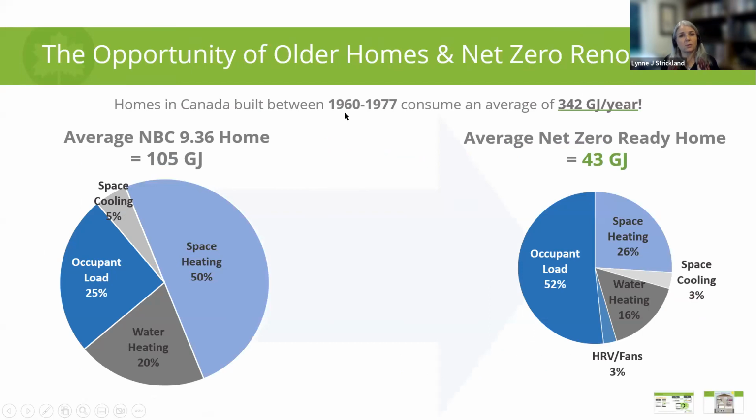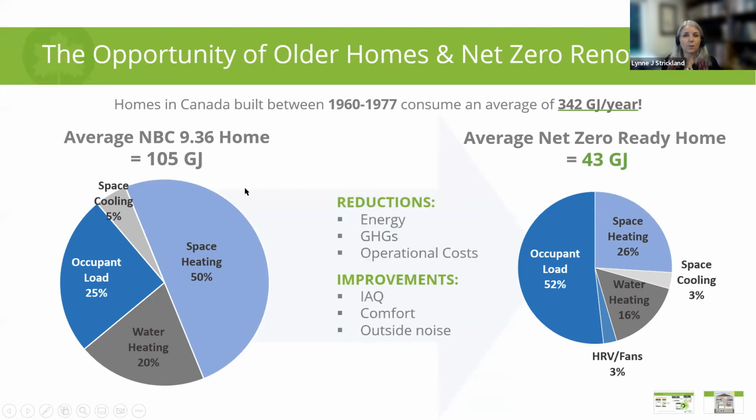When we look at houses that were built between 1960 and 1977, we're looking at an average of 342 gigajoules per year. When we look at the average home built to current code, we're looking at about 105. But with net zero housing, with the move towards energy efficiency, we reduce that energy level even further, we take the greenhouse gas emissions down, and we reduce operational costs. With the studies that we've done since the Net Zero Home Program was launched in 2015, in addition to that,